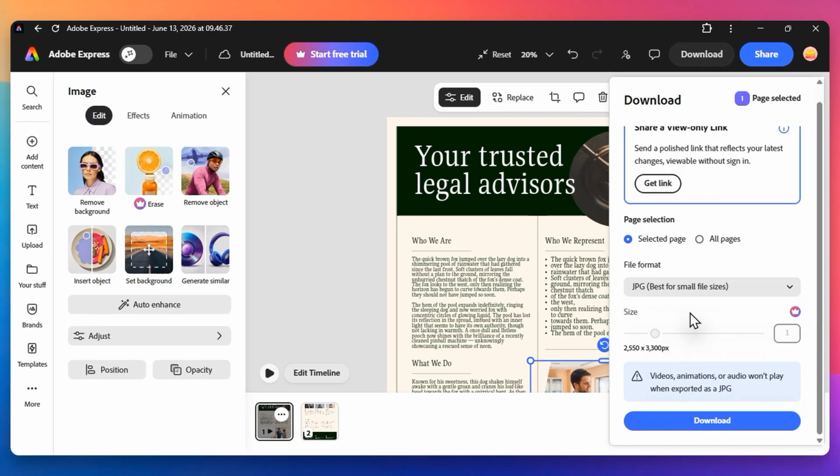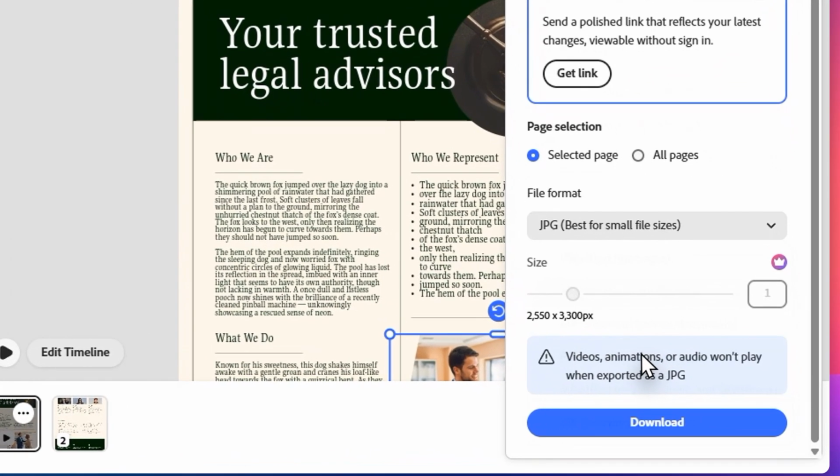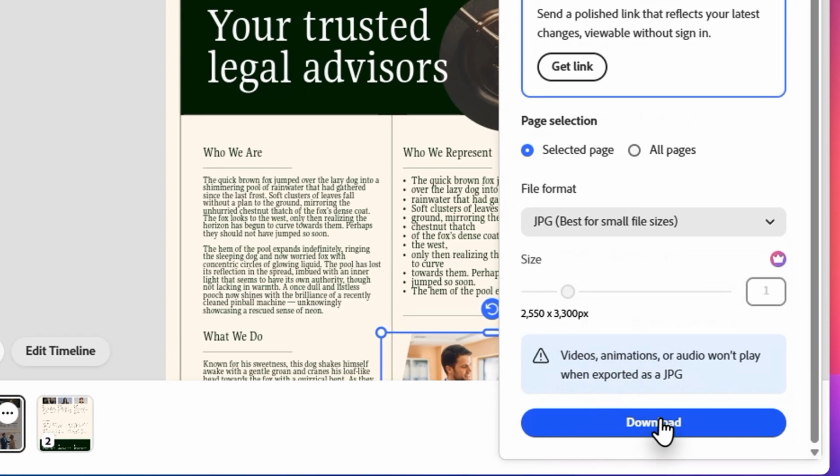I usually recommend selecting the large option if you want the highest level of detail for printing or high-definition displays. If you just need something quick for a simple website or email, the medium or small settings will work just fine and help save space on your hard drive. Once you have